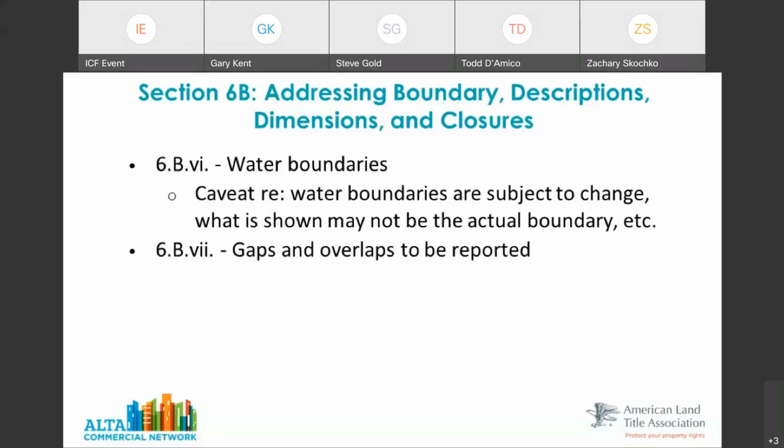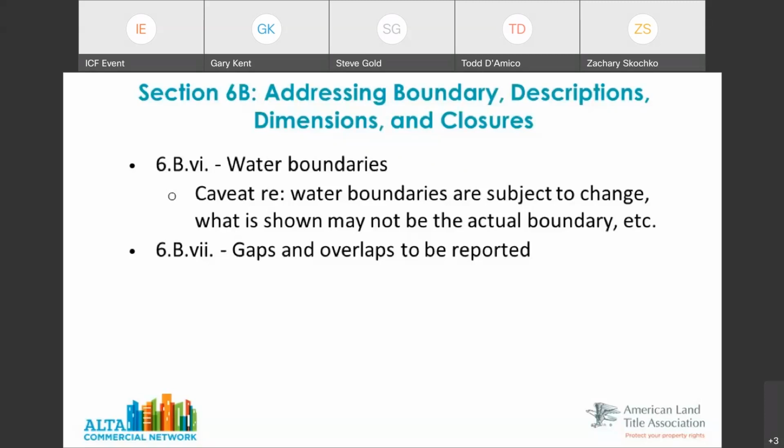And just wanted to point that out. So if you see a red flag come across from your surveyor and it talks about overlaps and gaps, that's something to immediately communicate back with and start to have discussions. You may not have a survey to look at yet, but that's what we've asked everyone to do as quickly as possible, to identify those things so they can either be resolved or they can be negotiated.